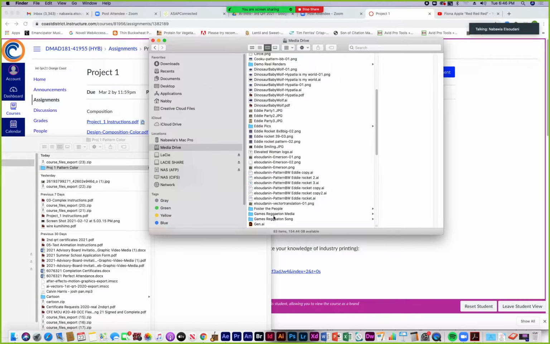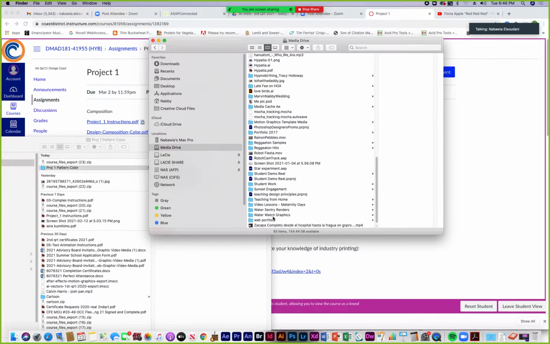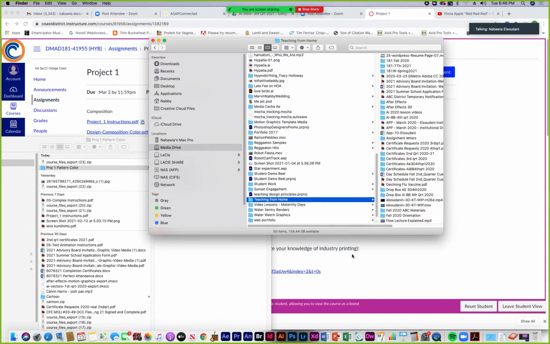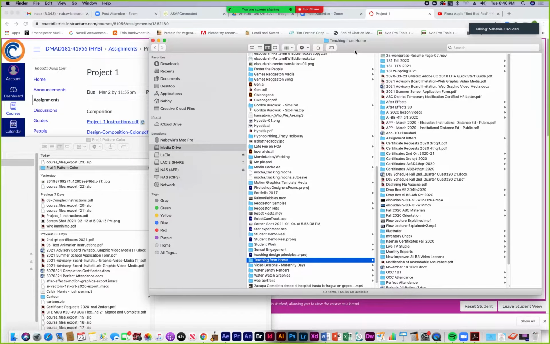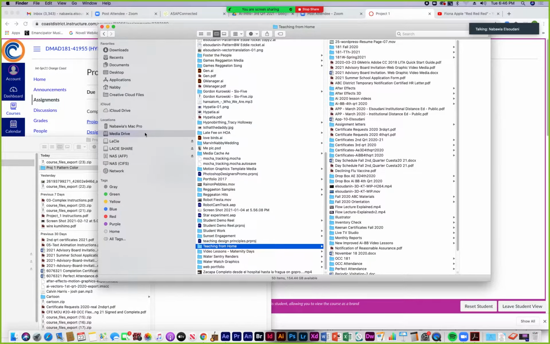So that's what I recommend for you guys, if you have the space on your hard drive, to be building the course materials there in a folder for this class on the hard drive. Because you never know when the internet's going to go down or slow down, and then at least you have your materials offline.